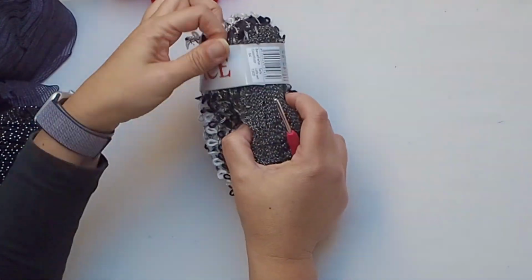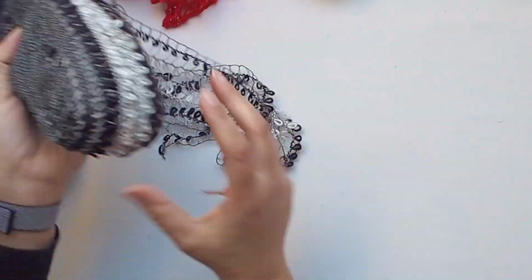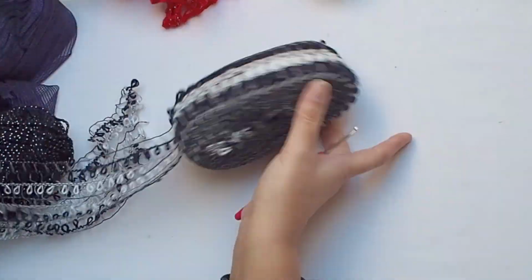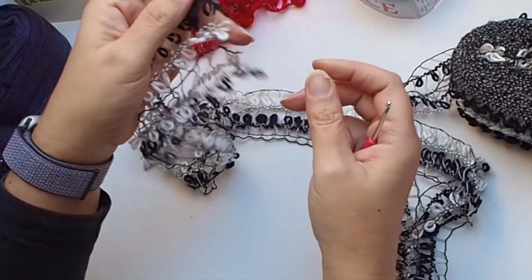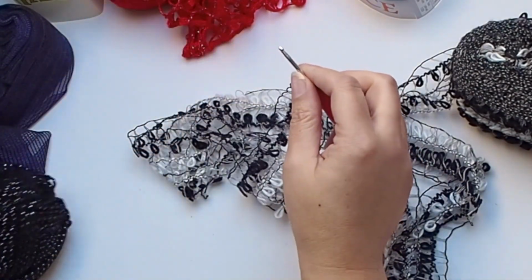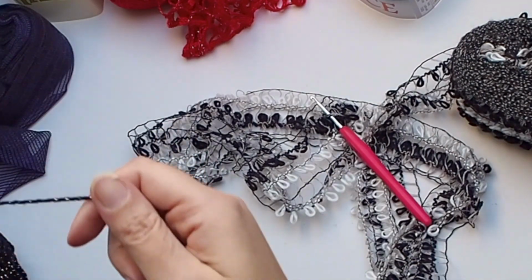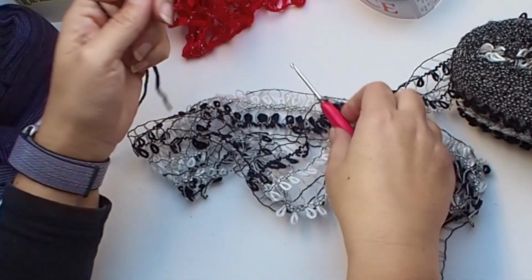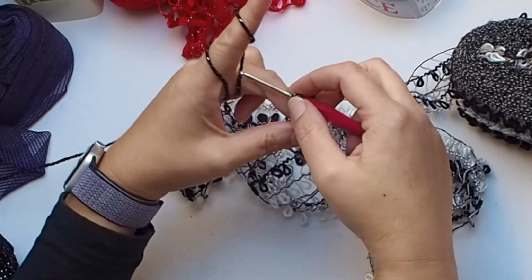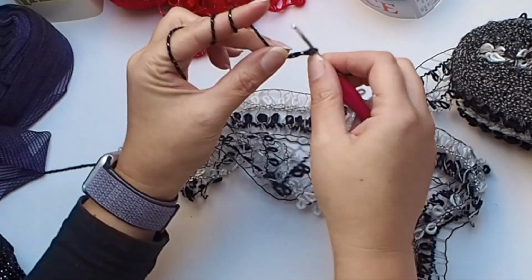And this is my favorite yarn, Grace. Look at this. It's also very light. There are so many holes. I like this colors combination, and you can very easily create the scarf. You already know how to do it, but you can also attach this yarn on some